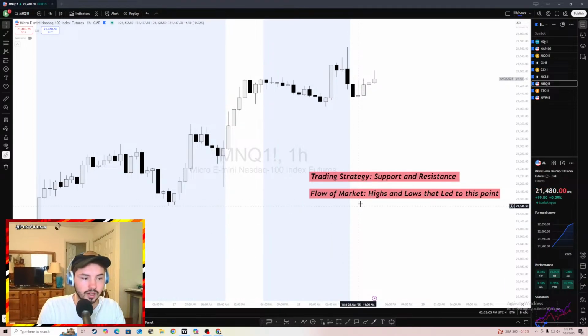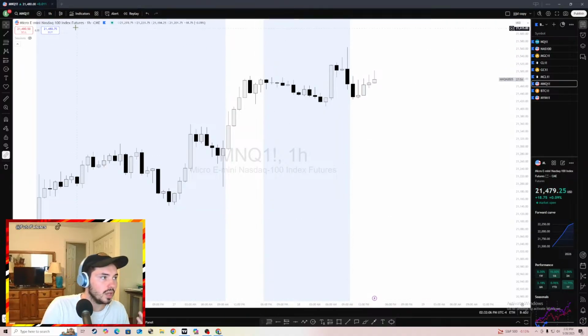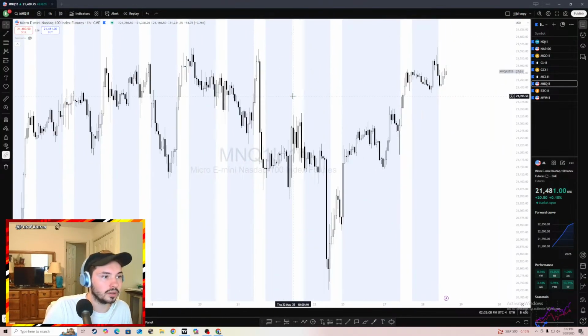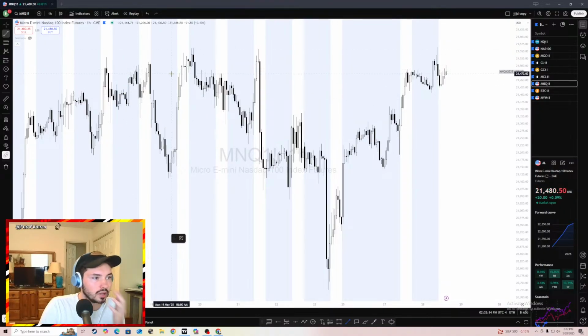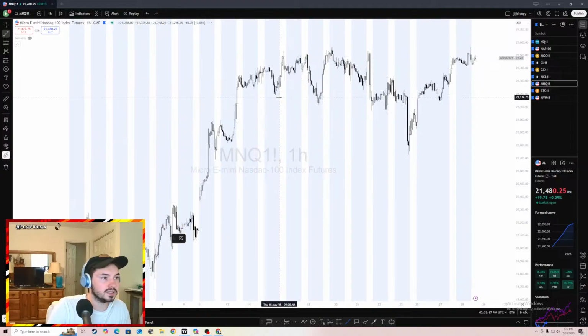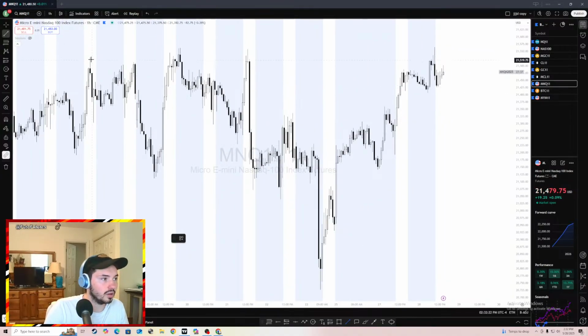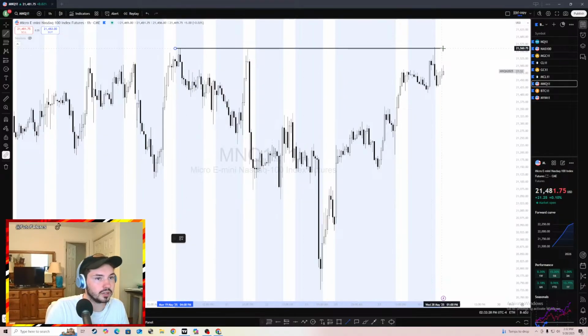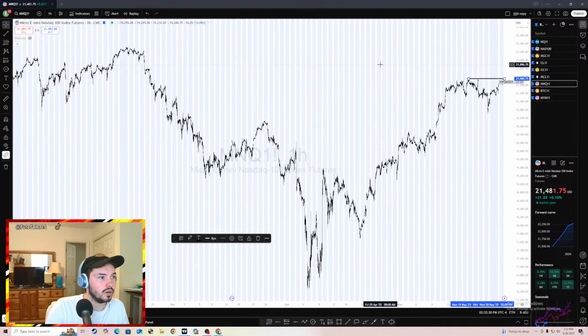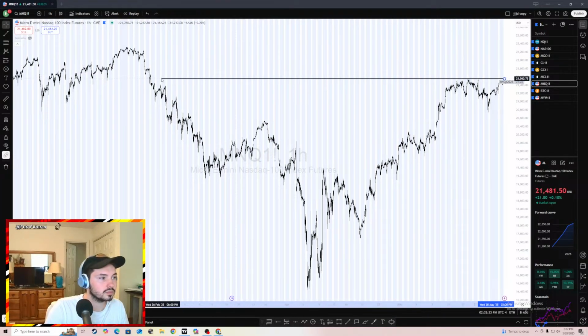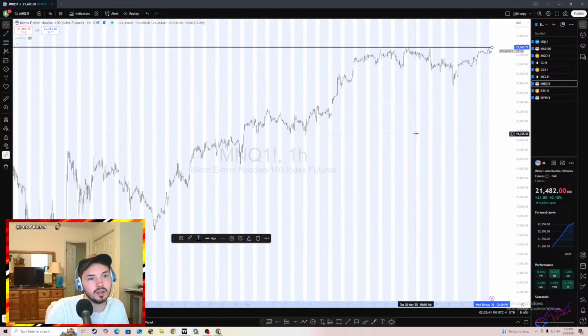Then we also want to look at the higher and lower time frame for a support resistance strategy. If we're on the hour time frame and looking at a higher time frame, we can look up here. If we look at five places generally on the higher time frame where the market has touched, retested and broken off of, we have about 3 places right here. If we scroll out, is there any more? You can see how it starts tapping over here, tapping over there. So this generally is a strong level.